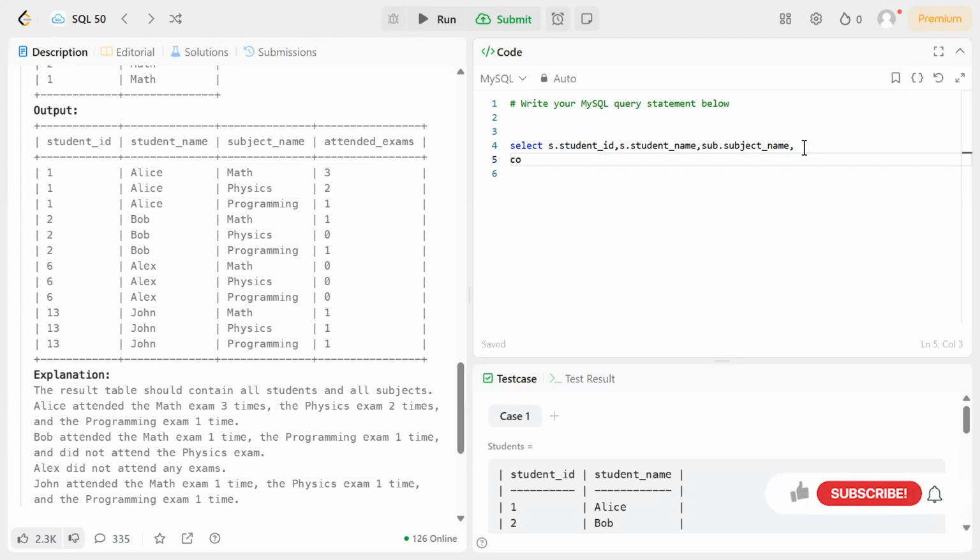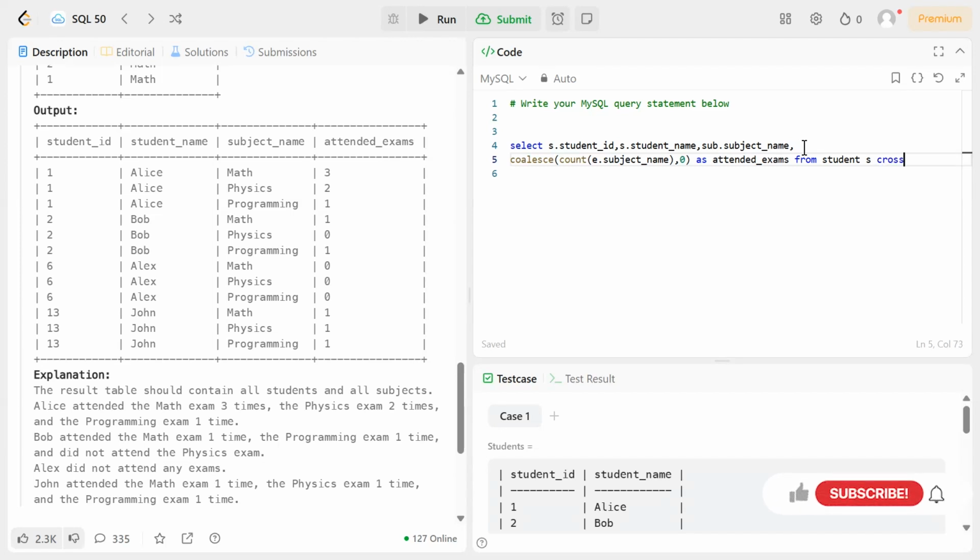For that we will use COALESCE, and then COUNT(e.subject_name), comma 0, as attended_exams from students s,